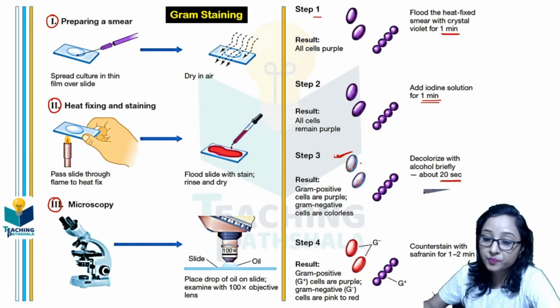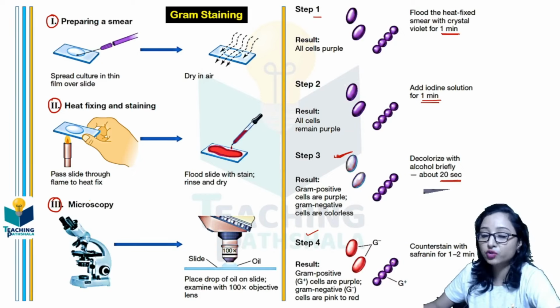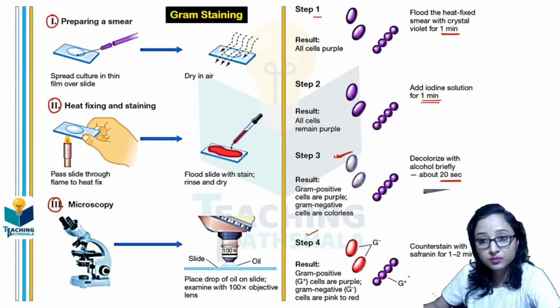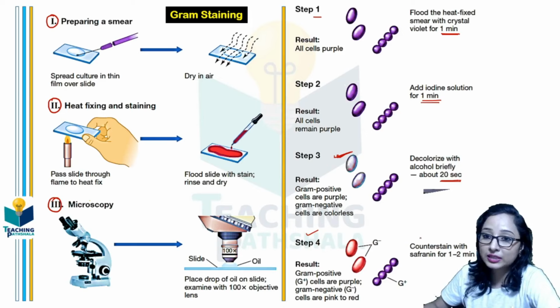That was again in the initial 2 steps. In the 4th step, you can see after adding the safranin, the gram negative bacteria gain the pink color, but in case of gram positive bacteria, they don't. Okay, so this will give you the result that whichever strain appears in a pink form is a gram negative strain, and the other one, which appears purple under the microscope, will be a gram positive.